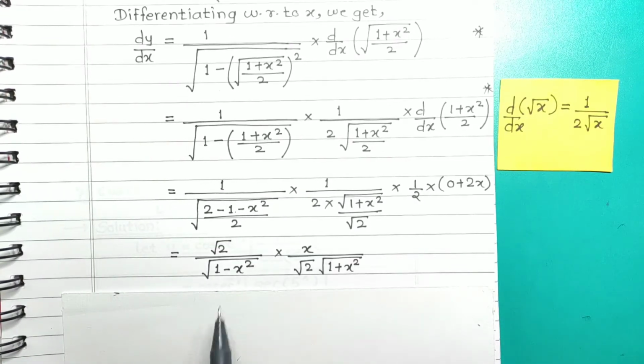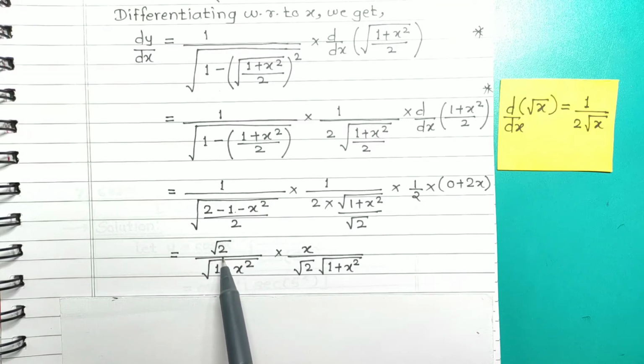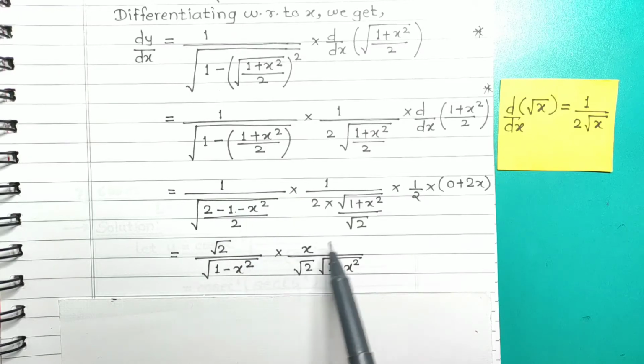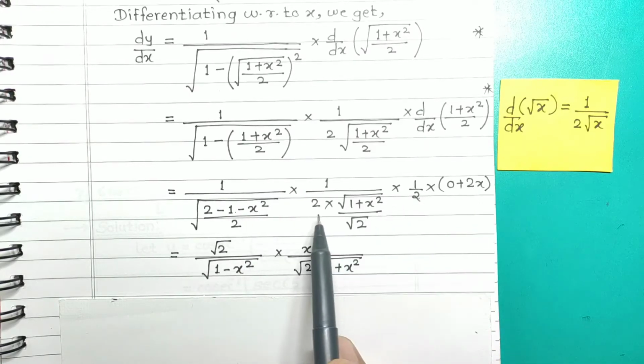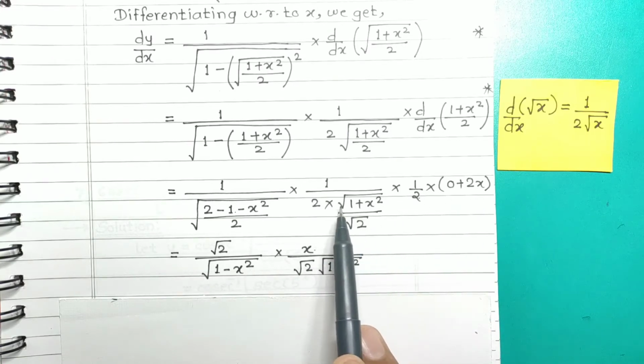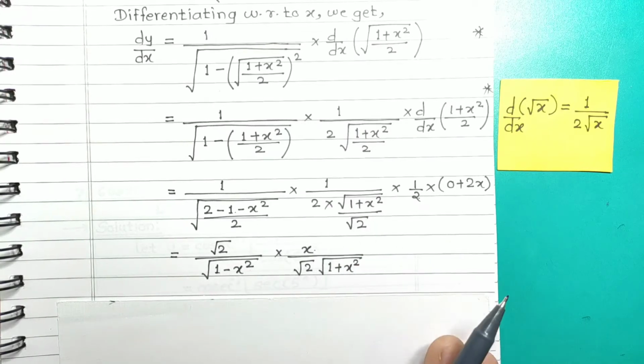So we have to the next step. See, we have this root of 2 minus 1 minus x square, and I have separated this 2 from this root. This is at the denominator of denominator and it is at numerator. So this root 2 is at numerator, root 2 upon root of 1 minus x square. So this is how I have simplified this term into, see here, this 2 gets cancelled and 2 upon root 2 is root 2, and this x term here upon root of 1 plus x square. So this is how we have simplified this term.